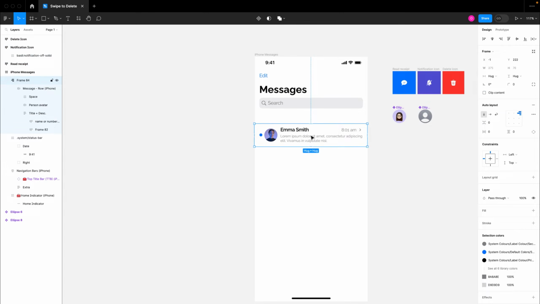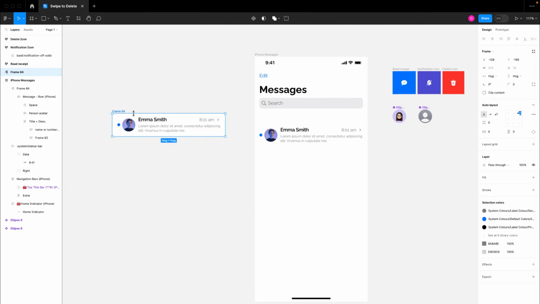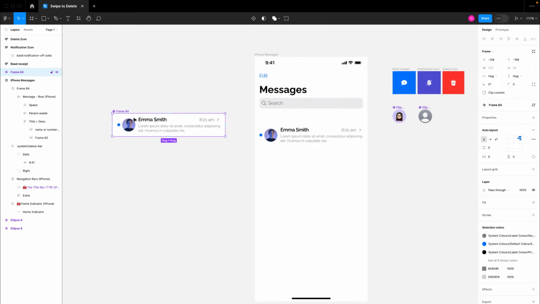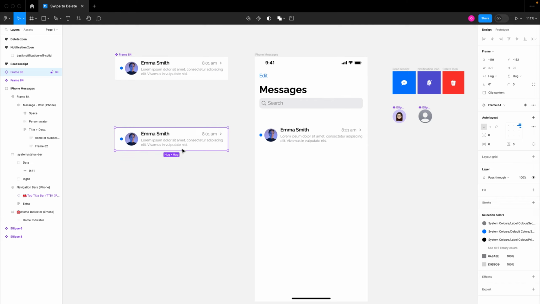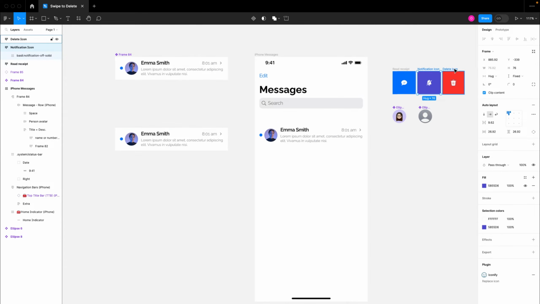So the first thing I'm going to do is to just isolate this. I'm going to bring it out here, and I'm going to make it a component, right? Because we might end up trying to make changes on it, and if it's not a component, we might end up running into some problems. So I'm going to create a duplicate of this component, and here I'm going to bring in my notification and